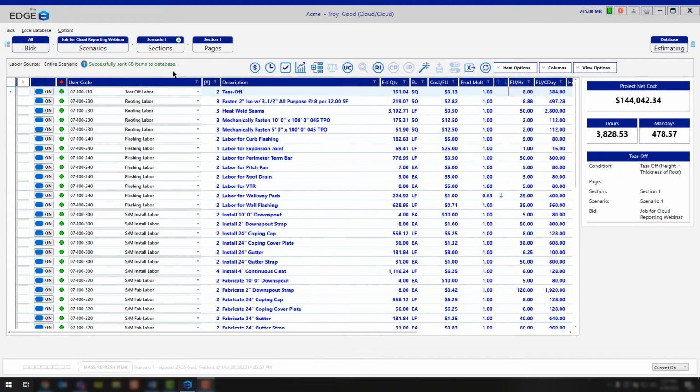Now, ultimately, what you just did is you just saved material pricing as well as labor production rates back to the database, meaning that any new project in the future where you would use either that material or this labor line, you should see the respective production rate or material cost to it based on what you saved in this project. If you have any additional questions for using the Send to Database icon on the pricing